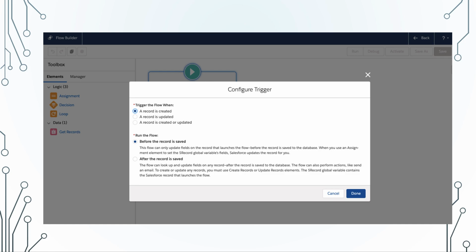You don't have to go through the process of entirely writing a trigger. What you can directly do is, through point and click, develop a flow and then use it as a trigger for your before and after events. This is really nice for all those people who are not that comfortable with Apex as of the moment. So you have this good option available of flows.